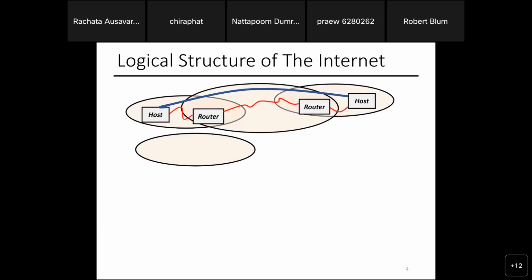Now let's assume something a little bit more simple. You have a campus internet and you don't have to go through the ISP. Everything is connected. In this case, one circle of host and router can connect to another circle and they can talk to each other. Quick question: if you want to connect one host to another, do I really need a router? Can I just connect the internet cable from one to another? Yeah, you can do that too. So why do I need a router?